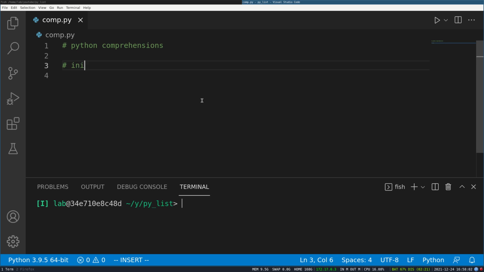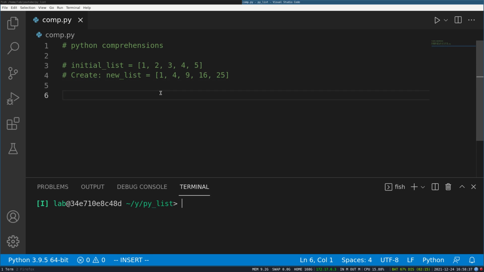So the problem is pretty simple. You are given an initial list which contains some integers. So for an example, let's say it has 5 elements, 1 2 3 4 5, and you have to create a new list, and it should contain square of each element. So square of 1 is 1, square of 2 is 4, 9, 16 and 25, like that. So this is the one that we want to create.